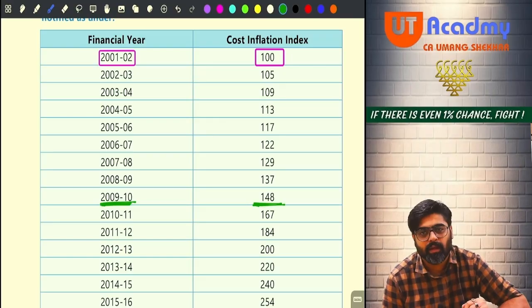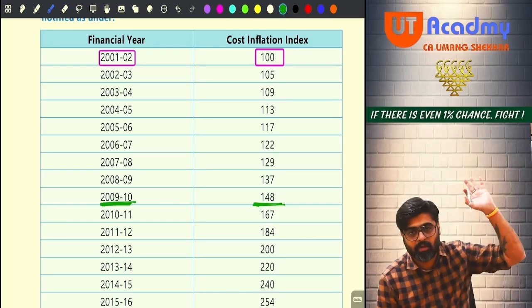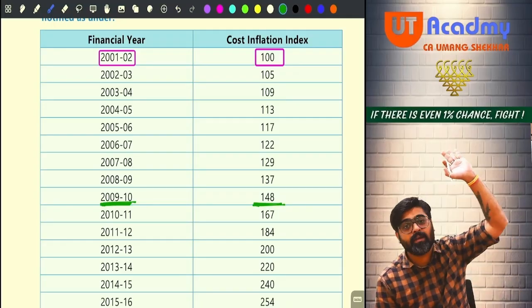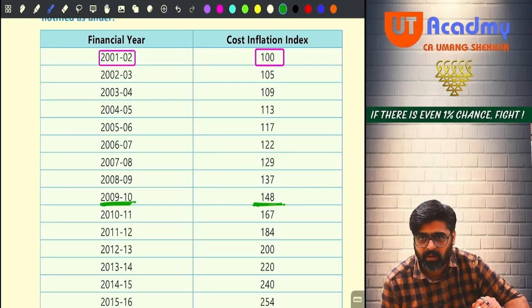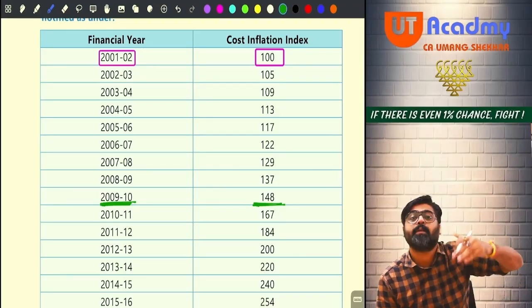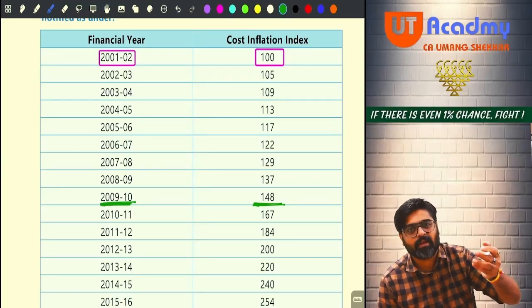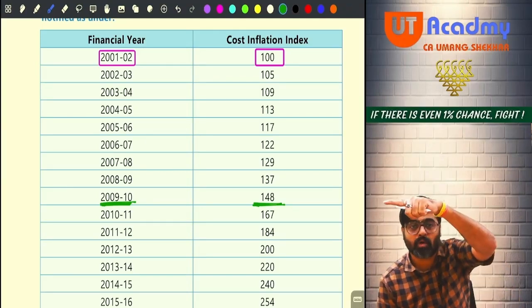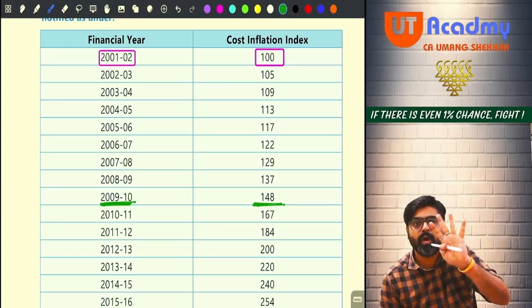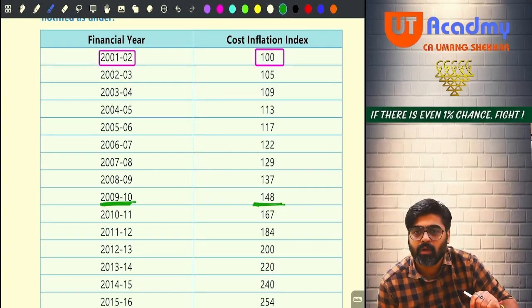So Kaushik, if you have acquired the asset in 93-94, do we make a new CII table for you? Somebody would have bought the asset in 76-77. For them, do we prepare a new CII table? Different assessees would have acquired the asset prior to 1st April 2001 at different dates. So, do we have to prepare a CII table for every year? No. The CII table will be common, having a common base year of 2001-02. Now, you have to see whether you acquired prior to 1st April 2001. Yes or no? When did you acquire?